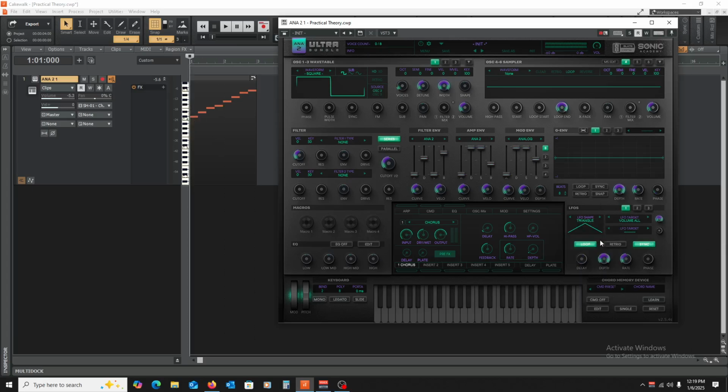You can do a triangle, which is a little bit less smooth, but it's still going to be a steep rise and then a descent. You can have it be a saw up, which is going to be a rise and then a steep dip, like a drop, like our sawtooth was. Or a saw down, which is going to be, the volume is going to go down and then crank up.